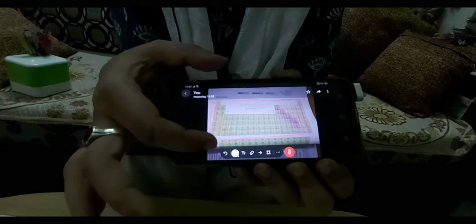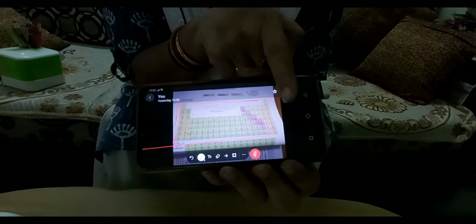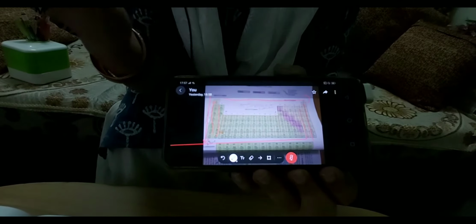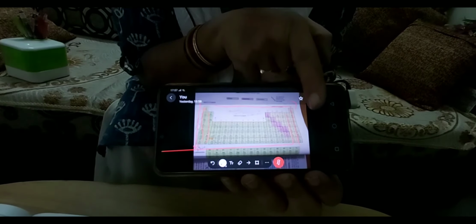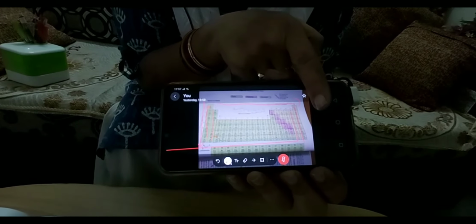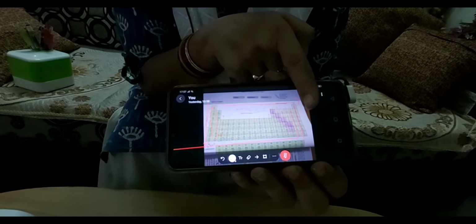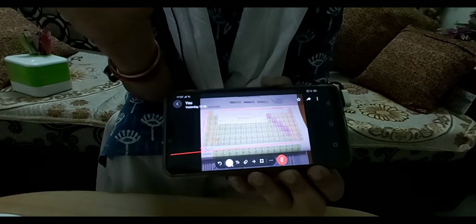Now if you see, the metals are placed on the left side of the periodic table. The non-metals are placed on the right side of the periodic table. Now, as I said earlier, we are moving from left to right in the periodic table. As we move from left to right, what we see is an increasing tendency for the non-metallic character, and an increasing tendency towards electronegativity. These are all the metals, these are the non-metals.